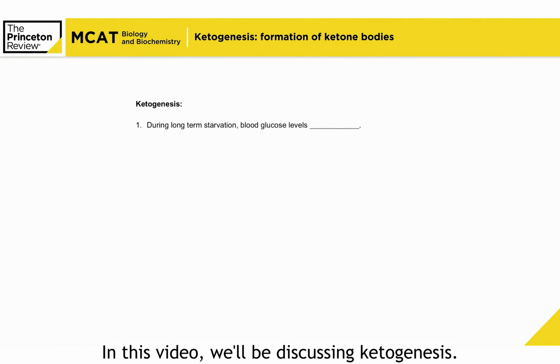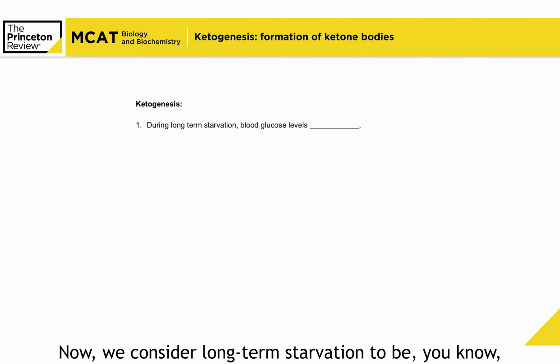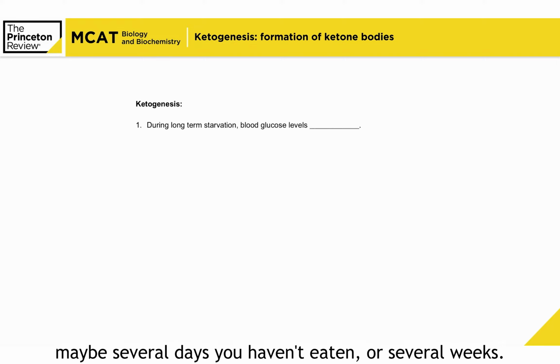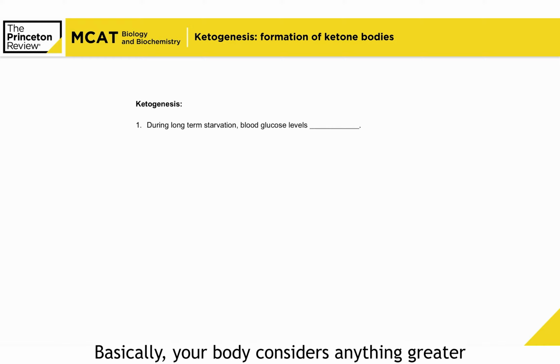In this video, we'll be discussing ketogenesis. So, ketogenesis is what happens when you're in what's called a long-term starvation state. Now, we consider long-term starvation to be maybe several days you haven't eaten, or several weeks. To your body, this is really a much shorter time frame. Basically, your body considers anything